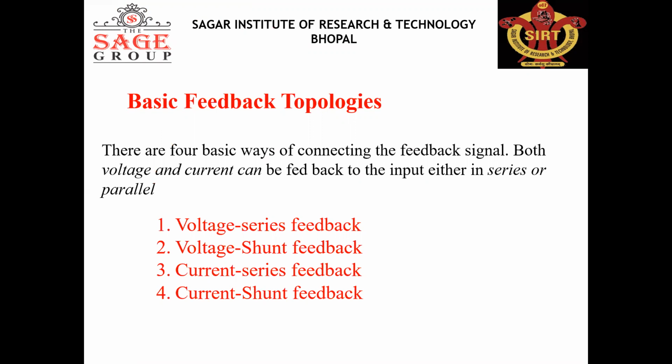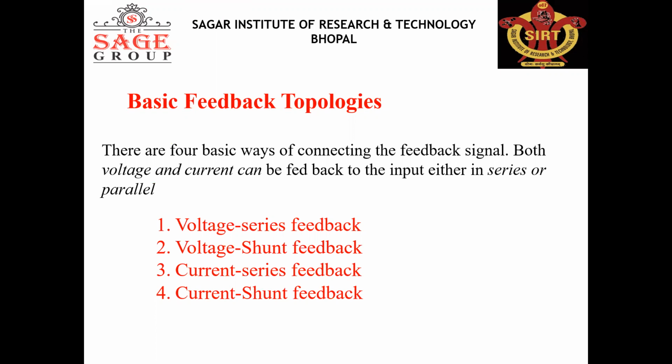So in a feedback amplifier, generally we connect a part of the output to the input of the feedback network, and the output of the feedback network is again connected to the input. When a part of the output is connected to the input of the feedback network, that is known as sampling. And when the output of the feedback network is connected to the input, that is known as mixing. Sampling is done at the output side of the amplifier, whereas mixing is done at the input side of the